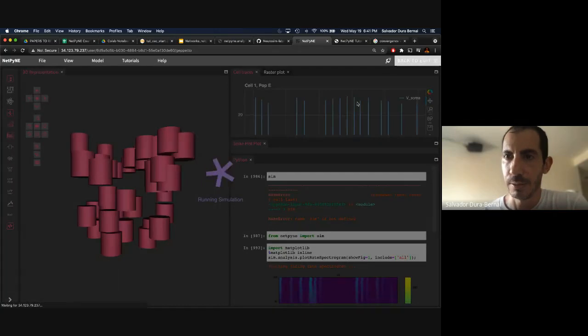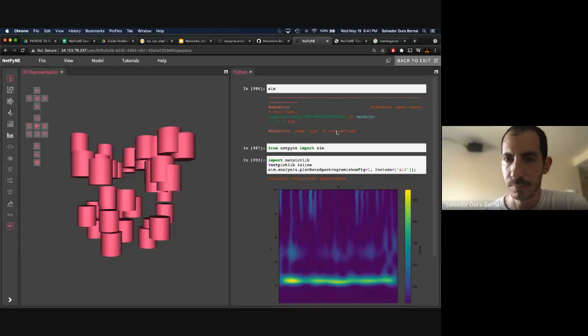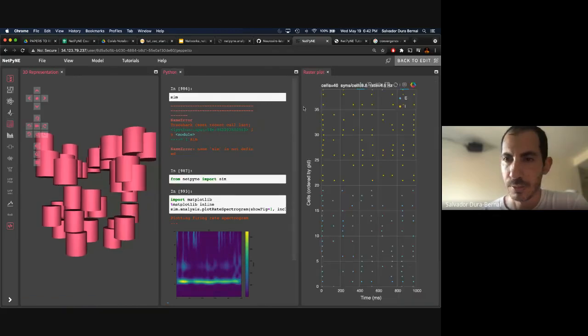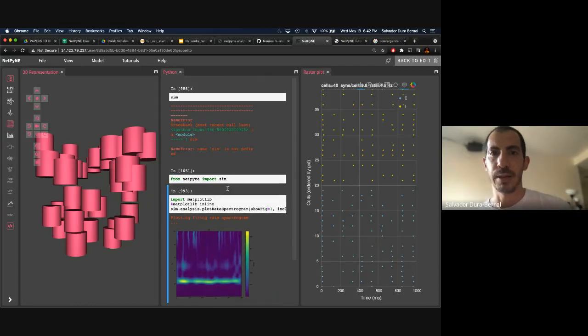So I can run the simulation. And we can plot the raster plot. You see there are less spikes here, and if we just run this code again,